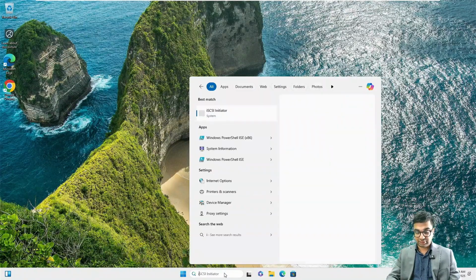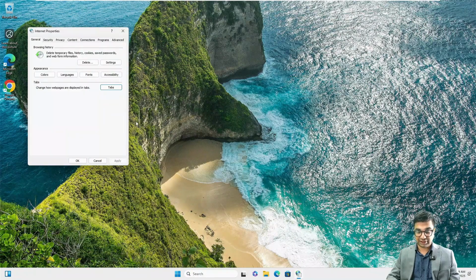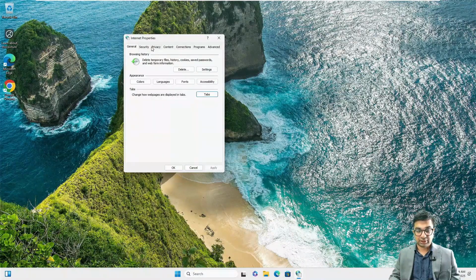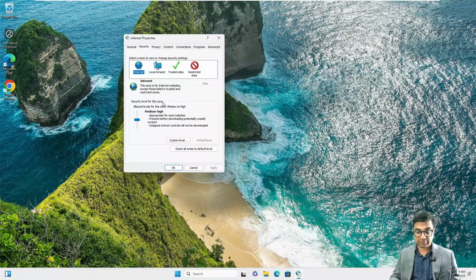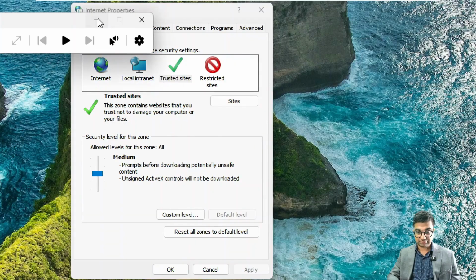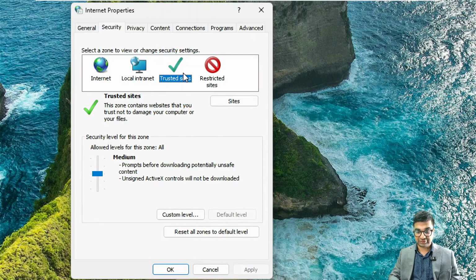Now again, it is possible that we might have clicked on it and it did not take effect as we thought, but you can see internet properties are here. So under this, I click on the security tab and I click on trusted sites here. Let me zoom in a little bit so that it's clearer. Click on trusted sites here. Click on the sites option here